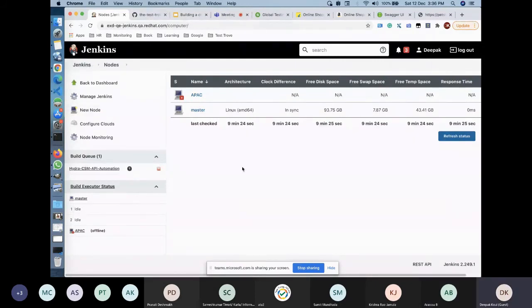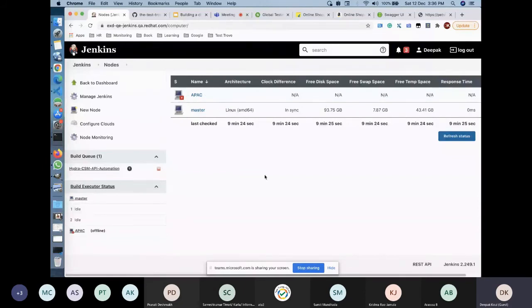Yes. Okay. So I am in Jenkins, Manage Jenkins, Nodes and Clouds. So what we do, as I said, if you know how to get VMs in your organization, create at least 3 or 4 VMs in different geos. There is a Jenkins page which tells you how to add a Jenkins agent on the remote machine, and then add that agent here. So it makes a connection between this master Jenkins and the slave nodes, right?